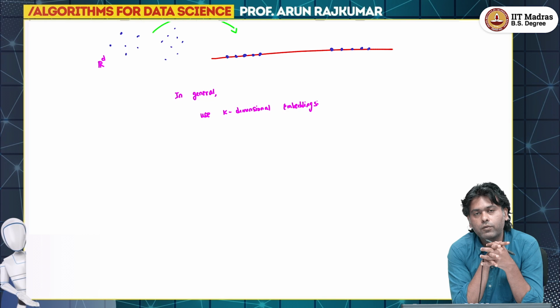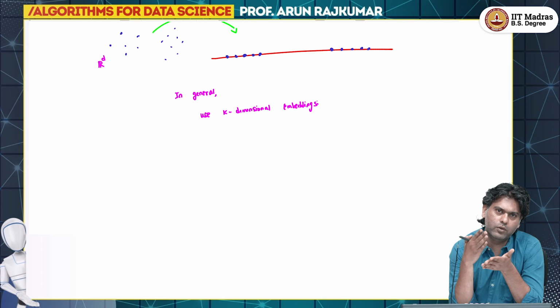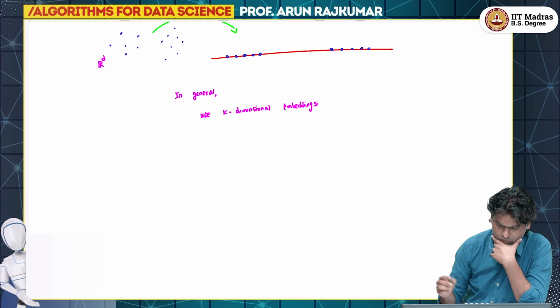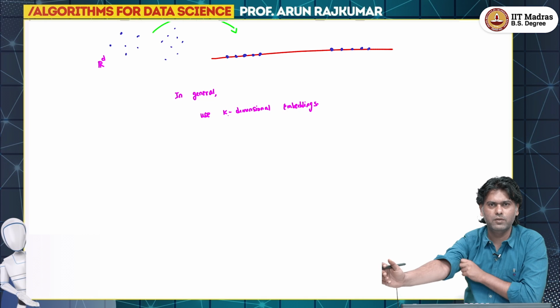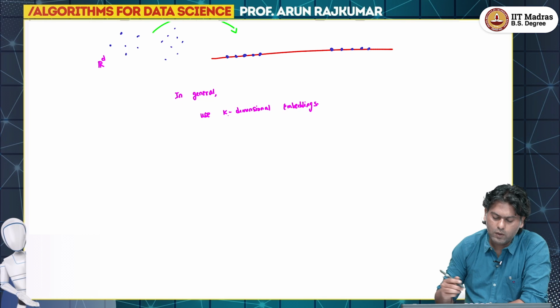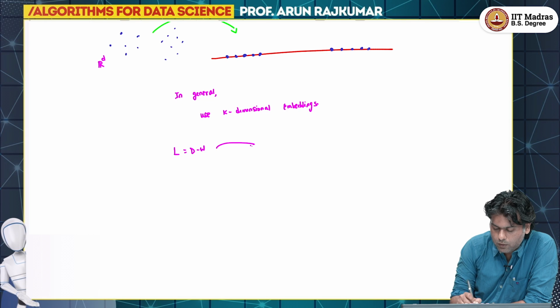Now, instead of just relying on the second eigenvector, we can go further and see what happens if I use the third eigenvector, the fourth eigenvector, and so on. I can go all the way up to k eigenvectors, or k plus 1 eigenvectors if I need k dimensional embeddings. So I have this Laplacian matrix L, which is the same D minus W, and then I do an eigen decomposition,